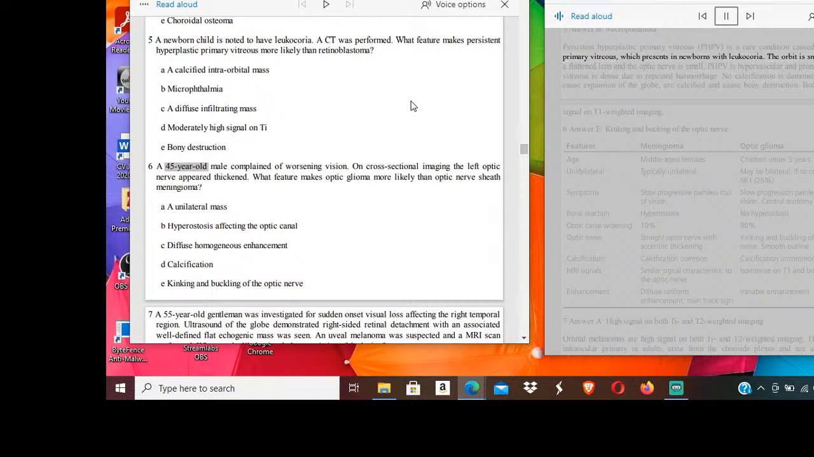The orbit is small and deformed with a flattened lens, and the optic nerve is small. PHPV is hypervascular and prone to bleeding, hence the vitreous is dense due to repeated hemorrhage. No calcification is demonstrated. Retinoblastomas cause expansion of the globe, are calcified, and cause bony destruction. Both tumors can be high signal on T1 weighted imaging. 6. Answer E, kinking and buckling of the